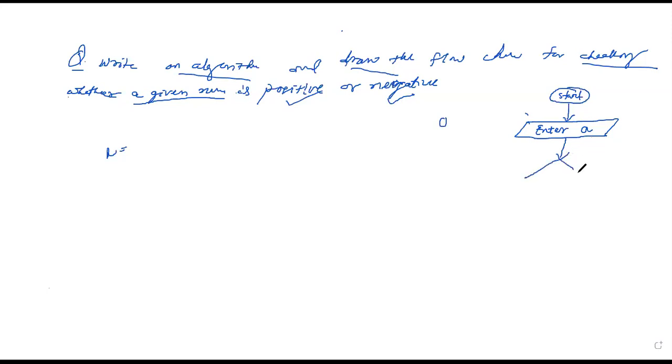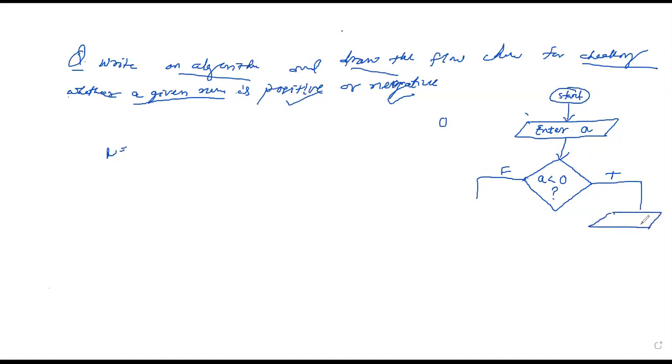So what to write here? You have to write the condition inside this box. This is the diamond shape box or rhombus. You can write here A is less than 0 question mark. Or you can write A is greater than 0. As per this, you can write the condition. So if it is true, what will happen? If this is false, what will happen? True, then what will happen?